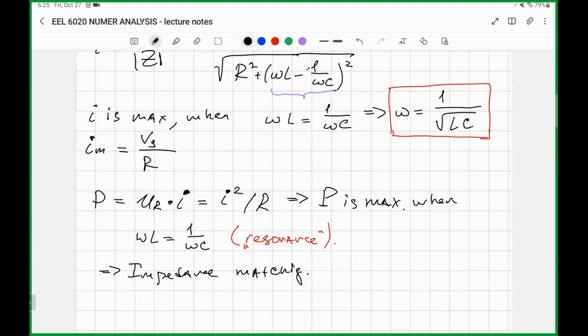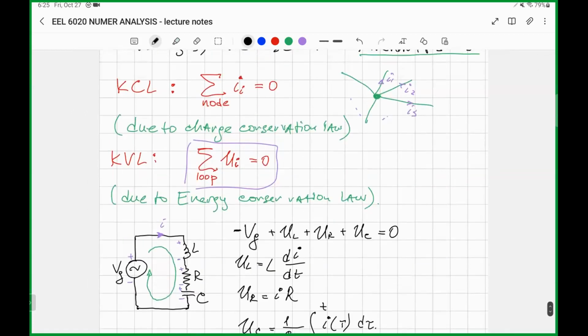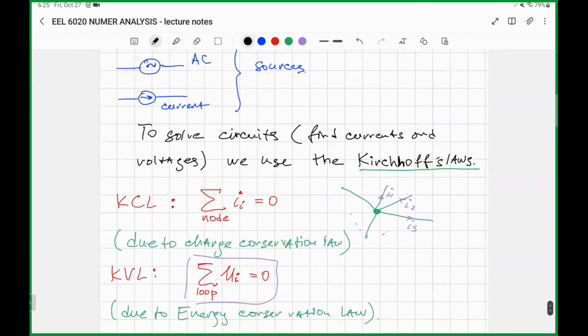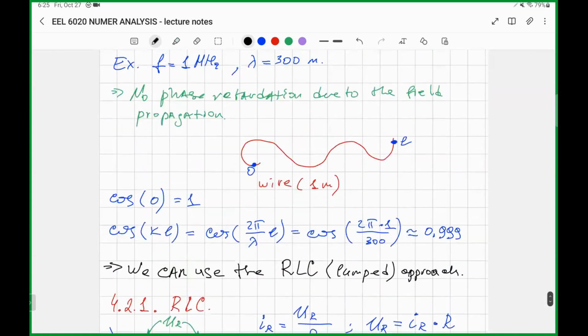All right, so we are running out of time. Let me transit to the eddy currents effect. So let me repeat what we've discussed so far in this lecture